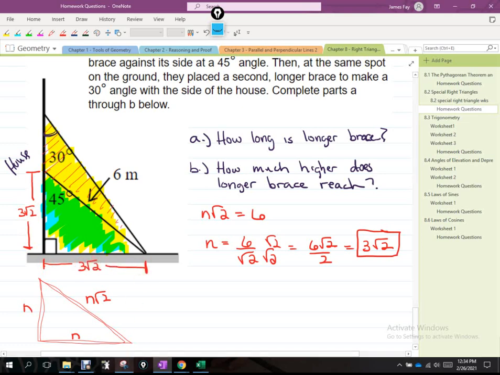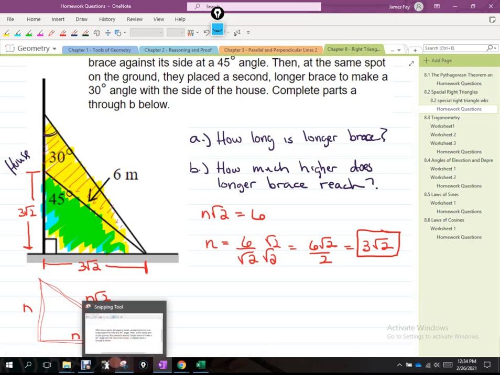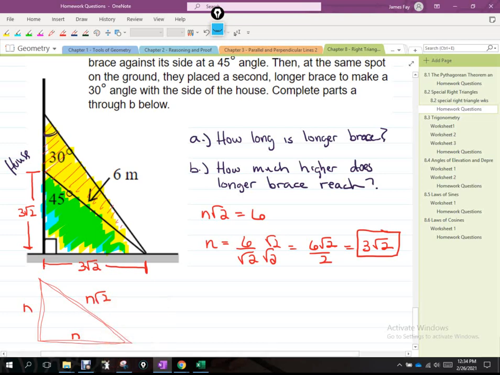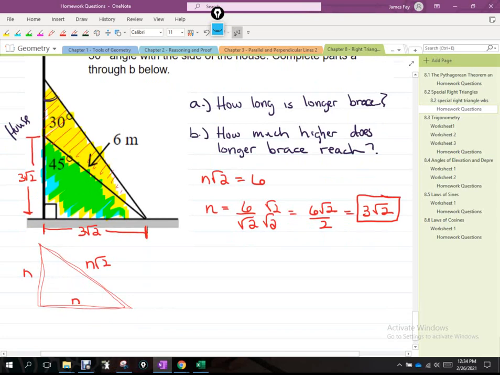And it's that distance right there. Those are both 3 radical 2. Is that all right? Okay. Now, let's look at